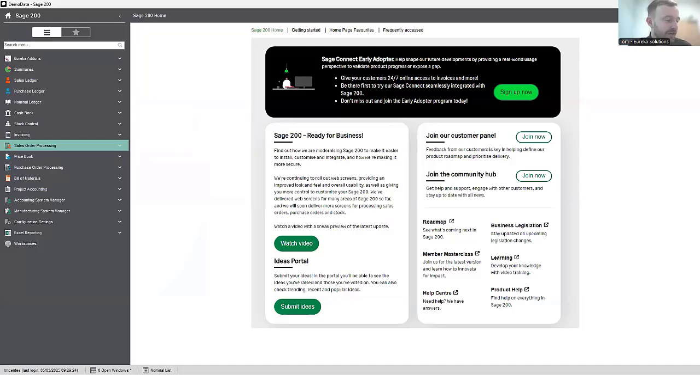You should be able to see that on the screen. Please shout out if you can't see Sage 200 on the screen. So what we plan to do in the next 15, 20 minutes or so is just go through a very high level walkthrough of some of the things you can do within the system. So as you can see here, we are in Sage 200, and on the left-hand toolbar, we can start to really do some